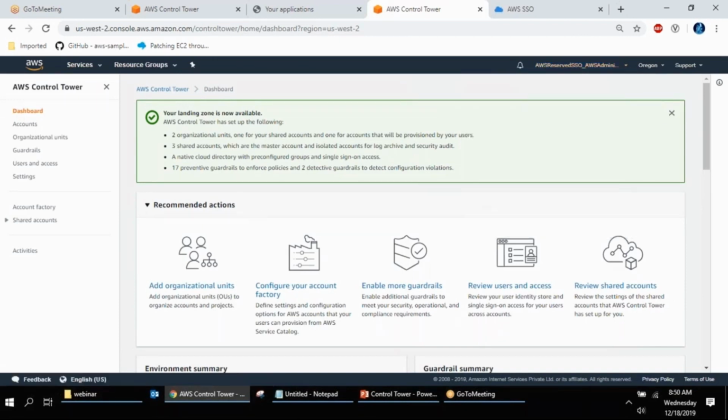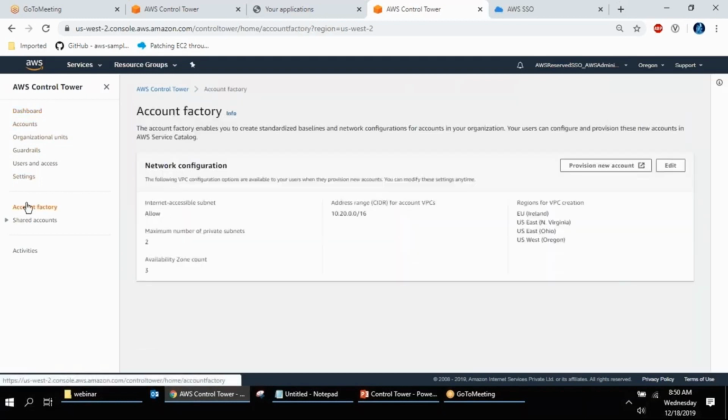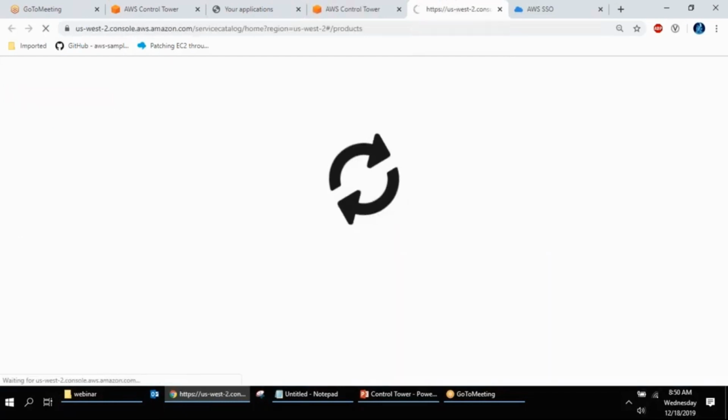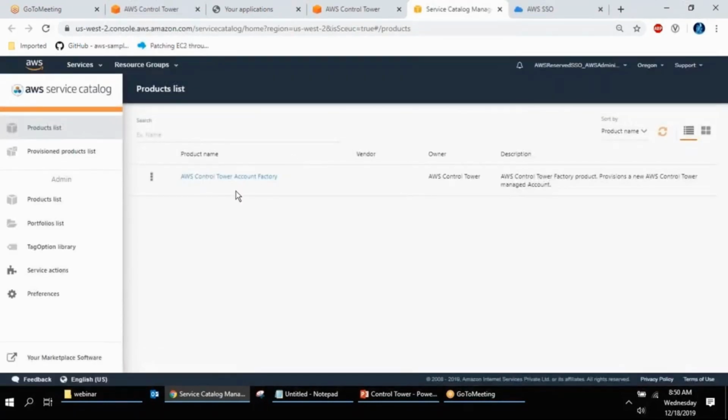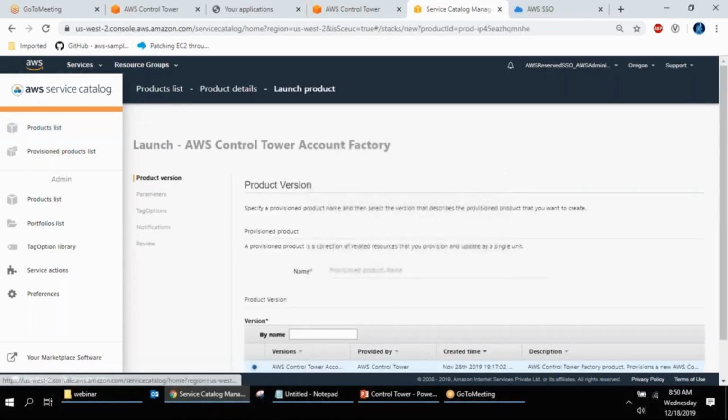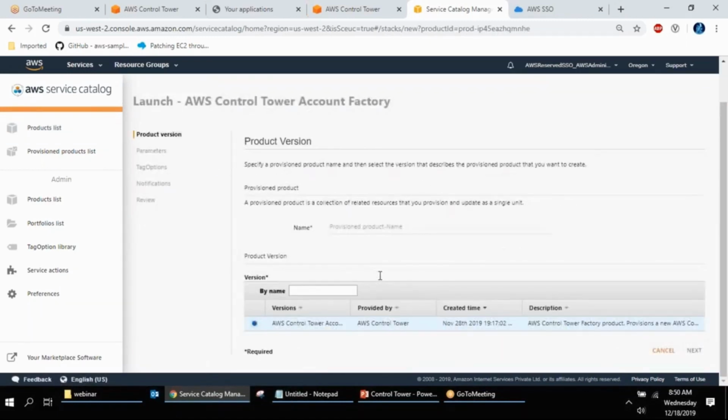So here you can go to Account Factory, provision new account. Here you can just click launch product. That's enough. It will automatically create a new account.